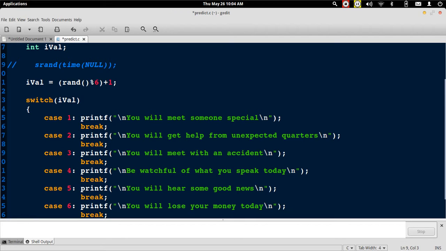Another question could be like, what would be the output of the program if these break statements were to be removed. Okay. So think about this, execute these programs and try to figure out what's the reason for this modified behavior.